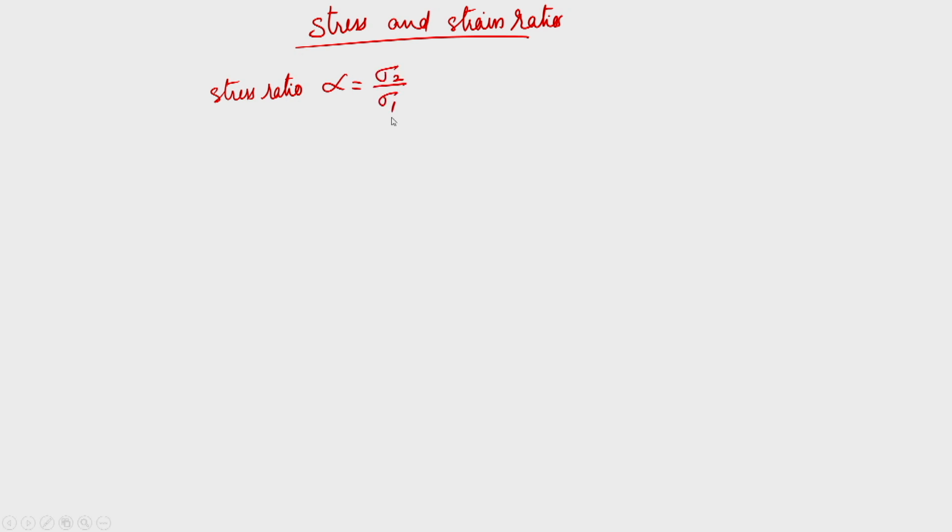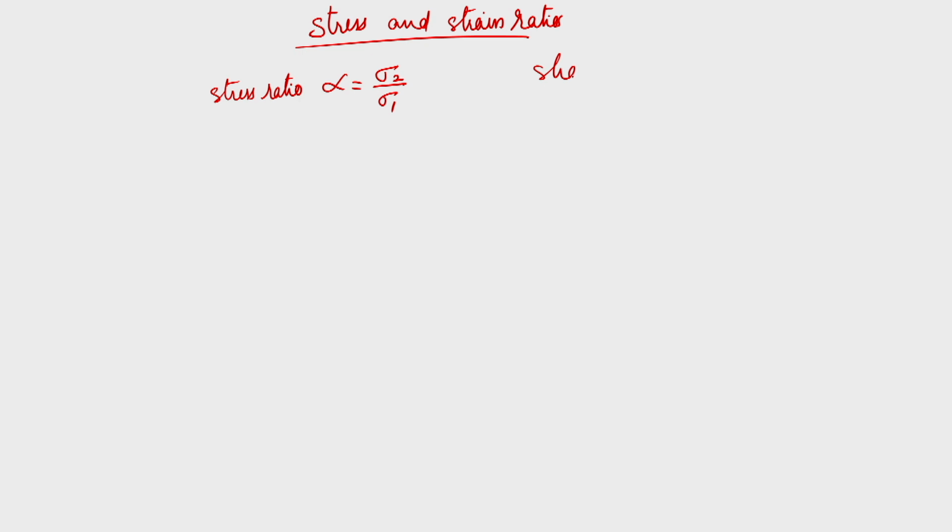Remember, sigma 1 in all our cases, henceforth whatever we are discussing, will be the direction along which the highest tensile stress is there. Sigma 2 can be either tensile or compressive. But we are always taking the highest stress in the positive direction, that is the tensile stress, as sigma 1. And the strain ratio is defined as